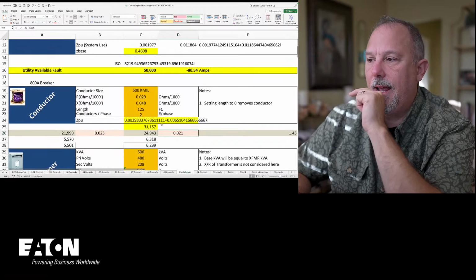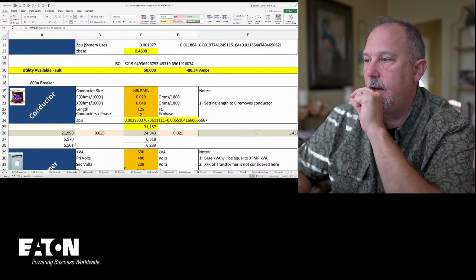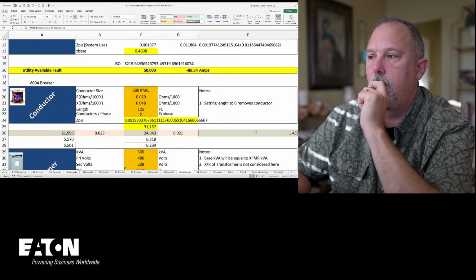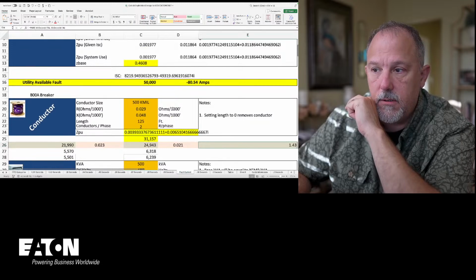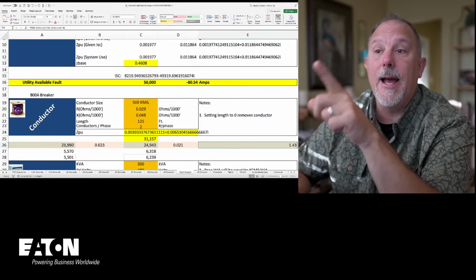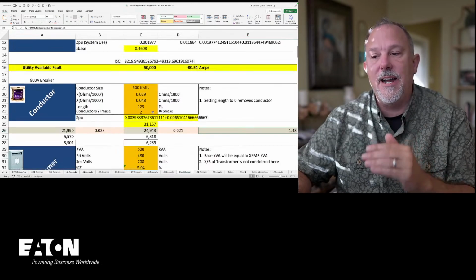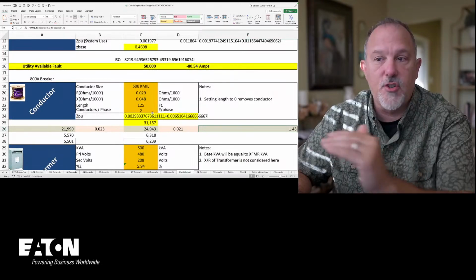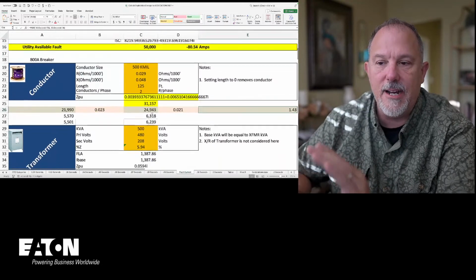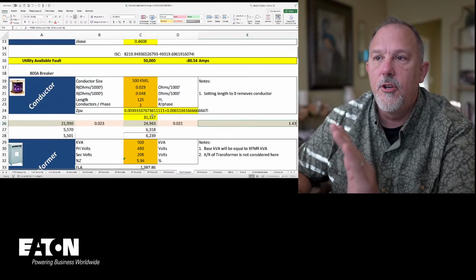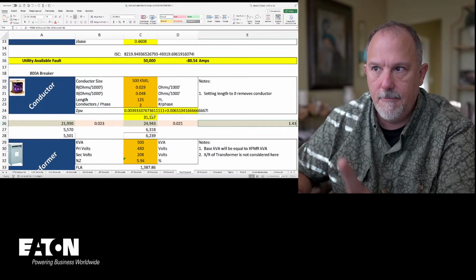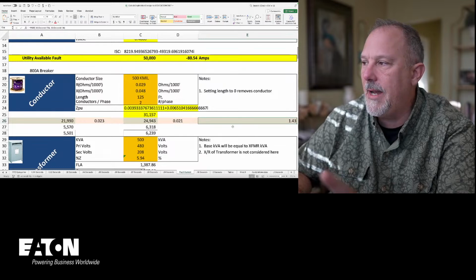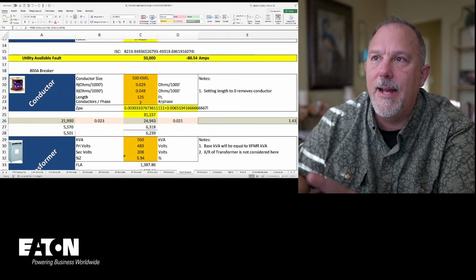So at the end of this conductor run, I'm at, oh wait, what am I talking about? Yeah, this is at the primary side of the transformer. This is at the primary side of this transformer, okay? So my incident energy, and I'm going to highlight that in,